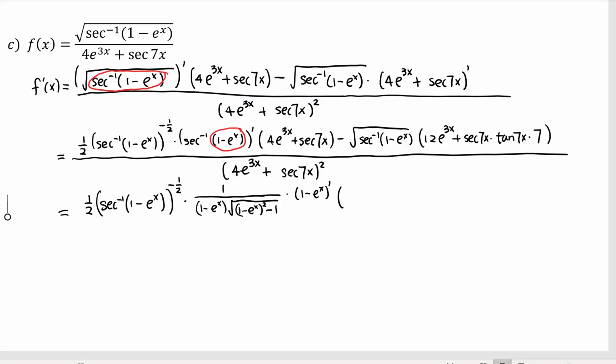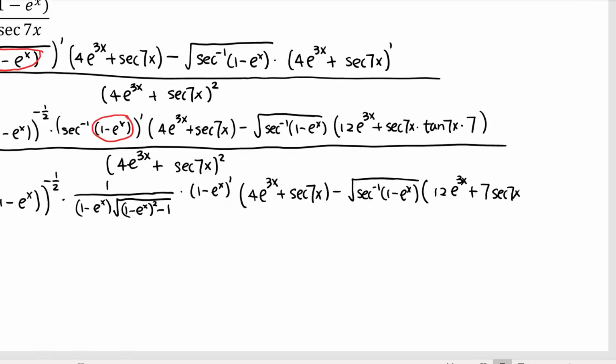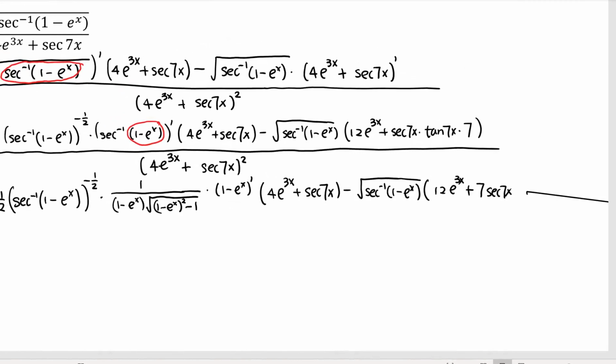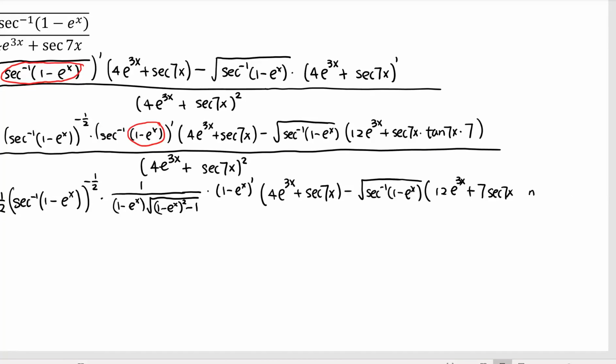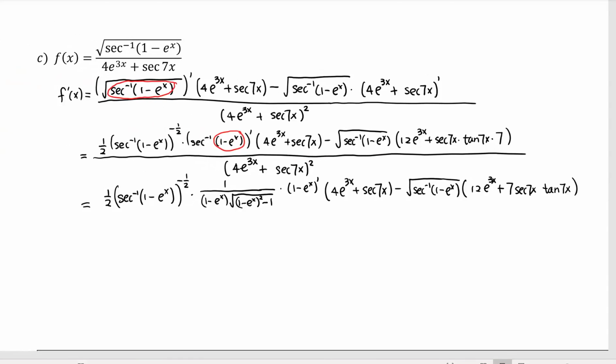And then we have 4e^(3x) plus secant 7x, minus square root of secant(1 minus e^x). And then here we have 12e^(3x) plus 7 secant 7x tangent 7x, all over